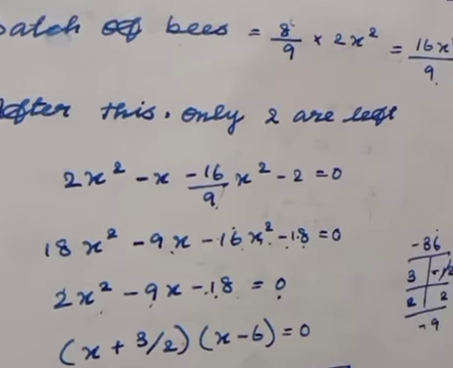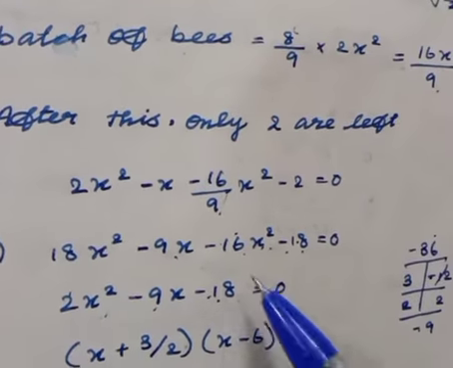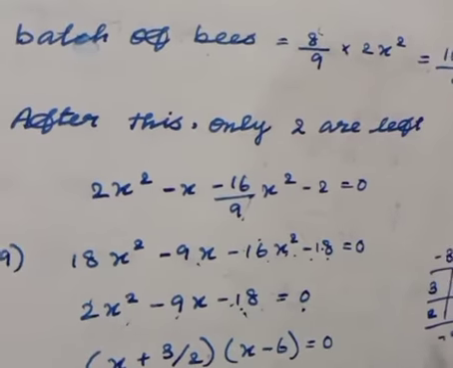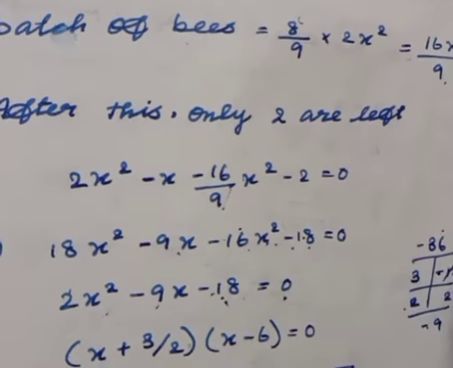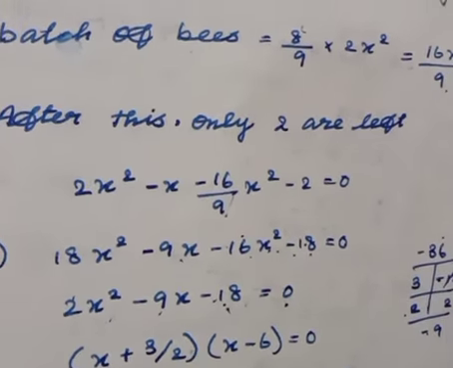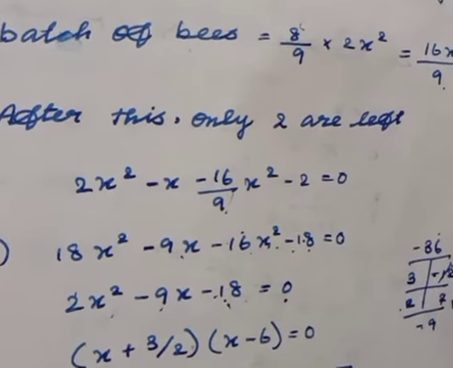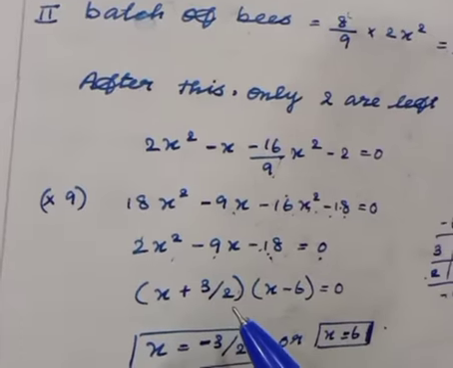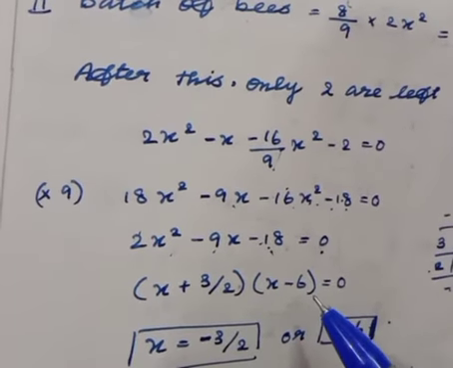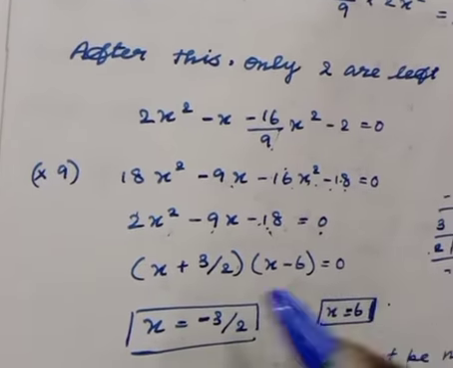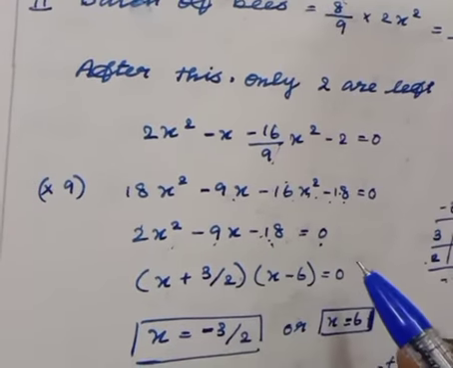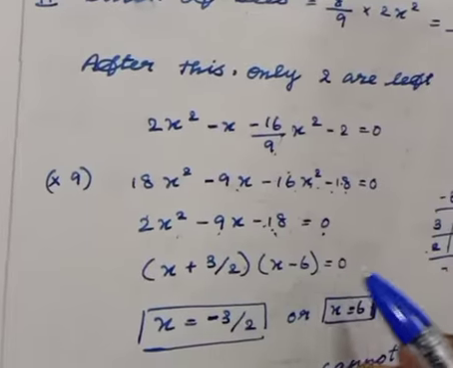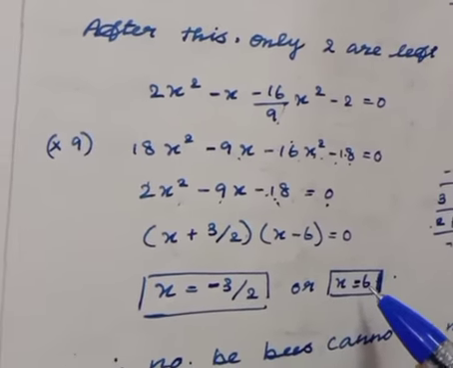In the beginning, this 2 is multiplied with the constant term. After finding the factors, divide by 2. So that is 3 by 2, minus 12 by 2, that is 1 2 is 2, 6 2s are 12. So the factors are x plus 3 by 2 and x minus 6 is equal to 0. This implies x plus 3 by 2 is equal to 0, that is x is equal to minus 3 by 2. x minus 6 is equal to 0, that is x is equal to 6.